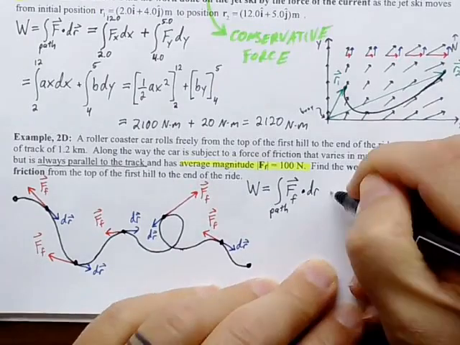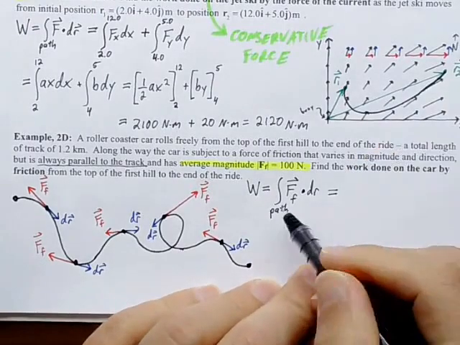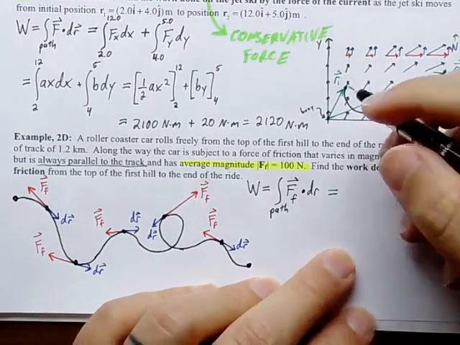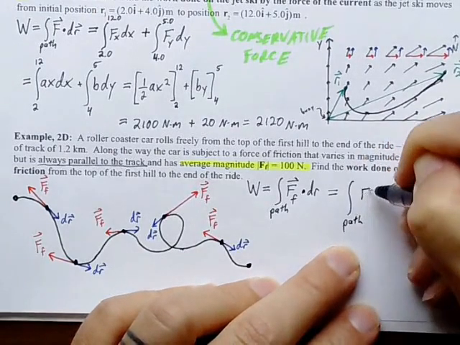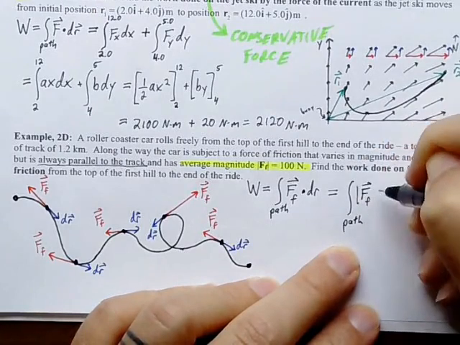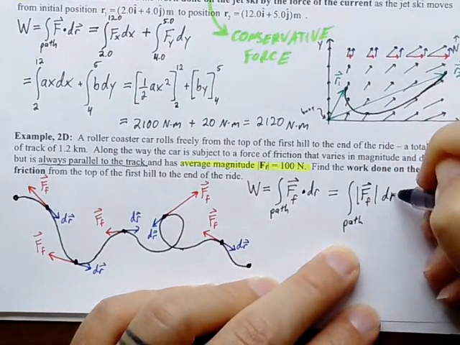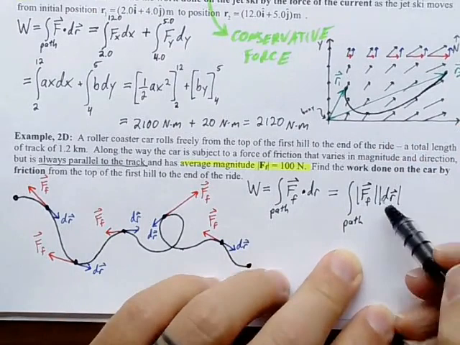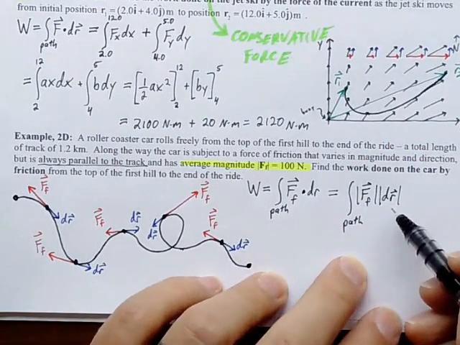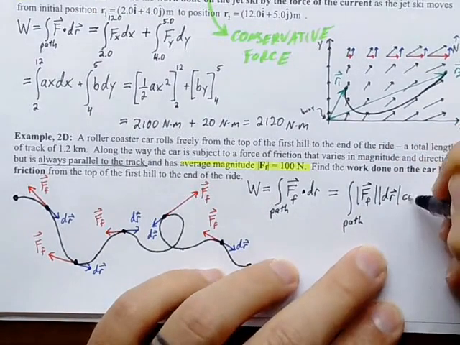So I can express this dot product here as the integral along the path of the magnitude of the force of friction times the magnitude of each displacement vector. That would be a little distance there, your tiny distance forward that you're moving,